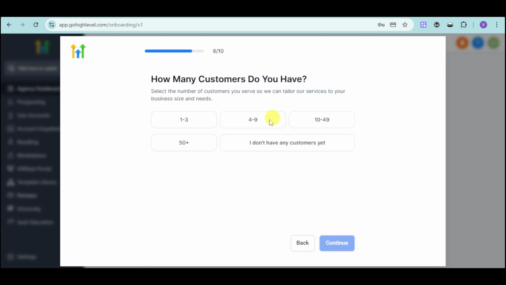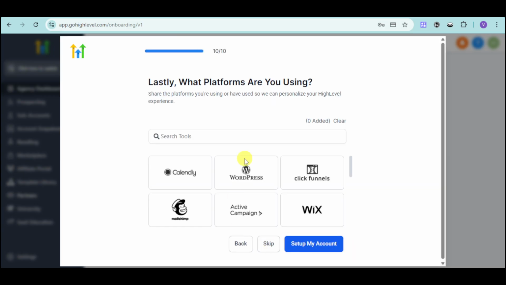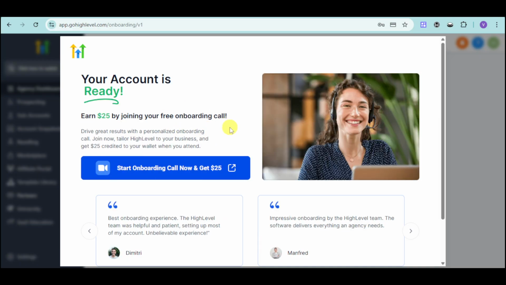Click on continue and it will ask how many customers you have. Click on continue and it will ask what you would like to focus on first. You can also choose one right here. Click on continue and you can also integrate some platforms if you would want onto this part. In this case, I'll skip it for now, and as you can see, my